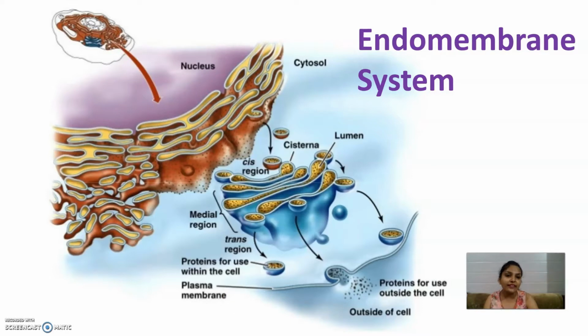In this video, we will be studying the endomembrane system. The endomembrane system is a group of membranes and organelles which work together in the transport of proteins and lipids across the membrane. So the question of this video is how the transport of proteins and lipids takes place across the membrane, outside the cell, meaning extracellular transport of these proteins and lipids. Let's proceed forwards.